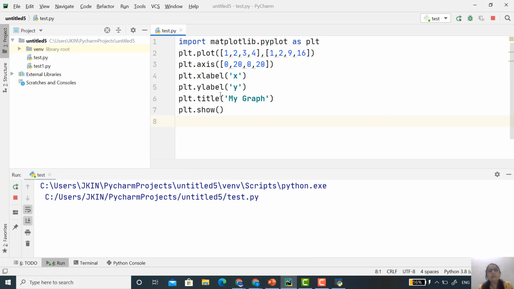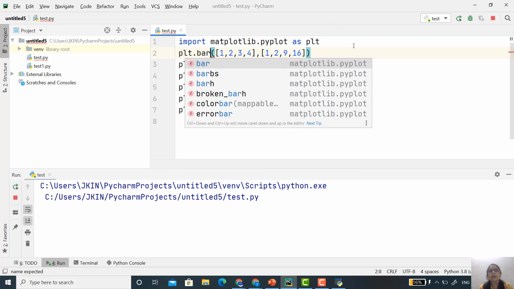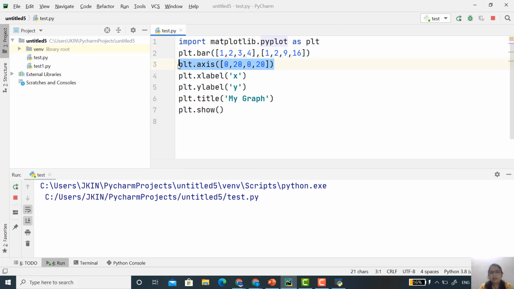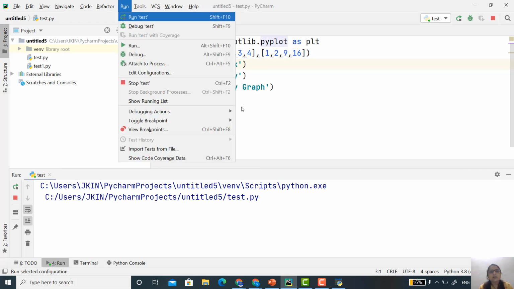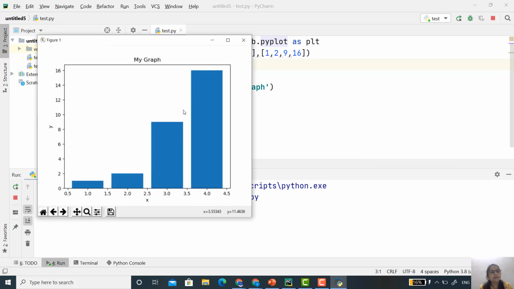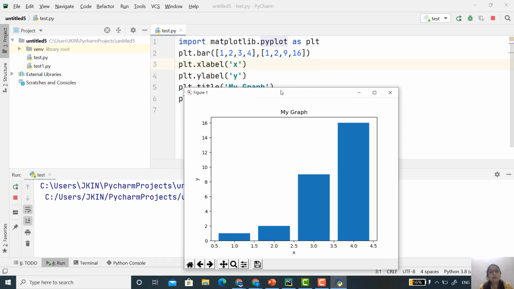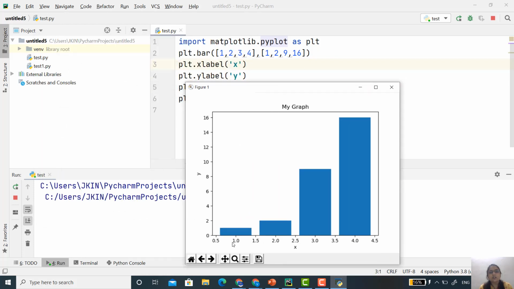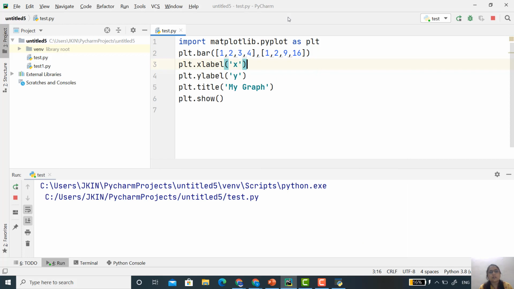Now instead of the line, if I want the bar, then I have to use the bar command. Here I just remove this so the graph is more visible. Now let's run and see. See here, the bar is displaying. When x is 1, y is also 1. Here in x you check the middle value. Yes, it's 1, 1. When x is 2, y is 4. When x is 3, y is 9. When x is 4, y is 16. So that is all right.